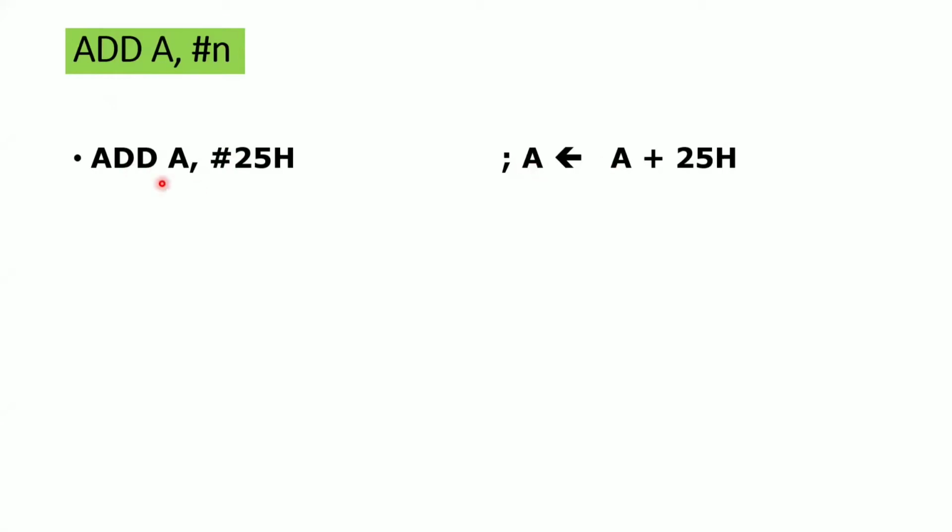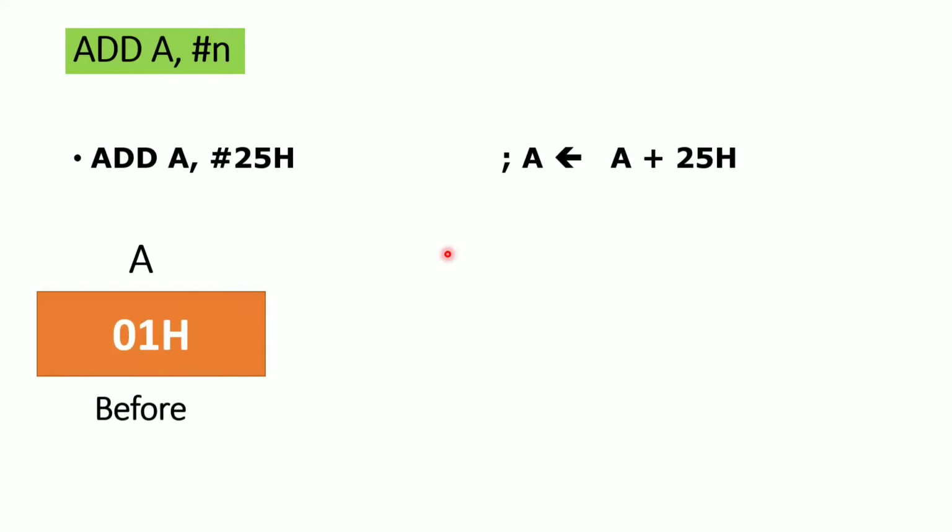Whenever I write ADD A, #25h, what does it mean? A will store the result, and we are adding 25 to A. I already told you, for every arithmetic operation, the first operand is always the A register, by default, in your 8051 microcontroller. Remember this. Now the number 25 will be added with A, and again the result will be stored in A itself. That's why A is called the accumulator. I'm sure you know that.